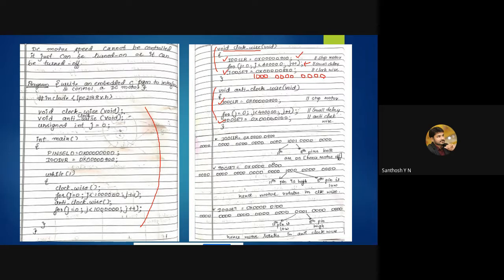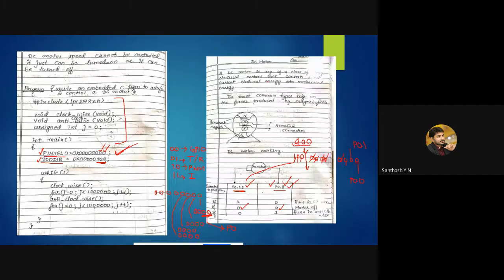This is for P0.0, this is for 1, 2, 3, 4, 5, 6, 7, 8, 9, 10, 11. So you are making the 11th pin 1 and the 8th pin 0. If you are making the 11th pin 1 and the 8th pin 0, what happens?